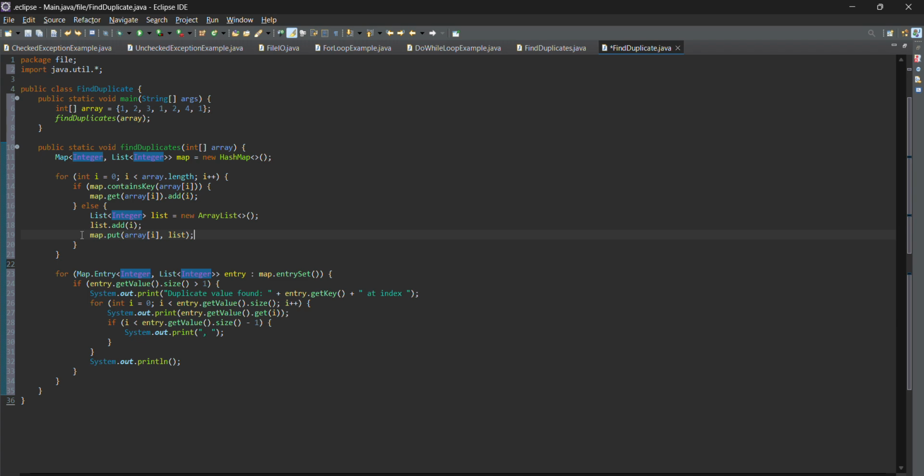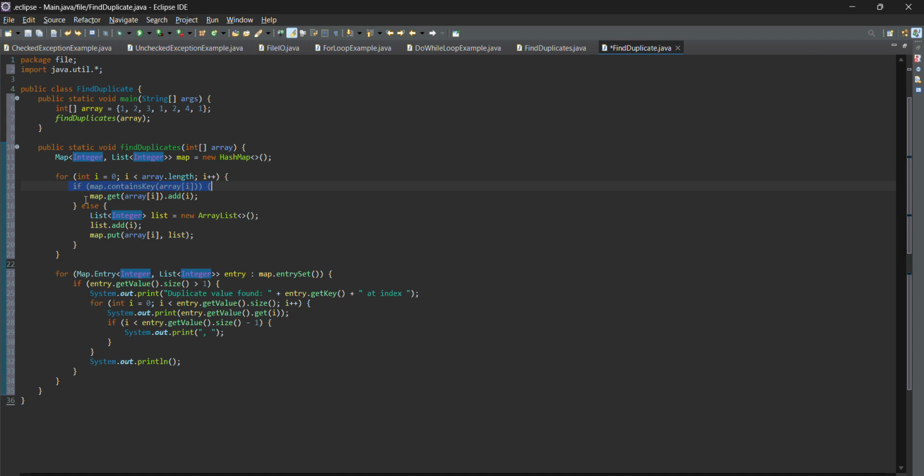If map contains key, this line checks if the element already exists as a key in the map. If it exists, or returns true, it means we've seen this number before.